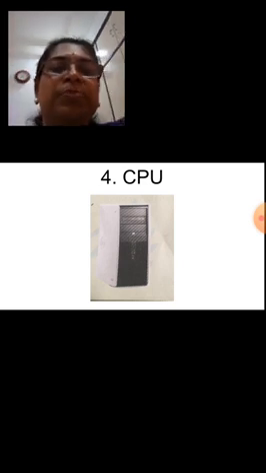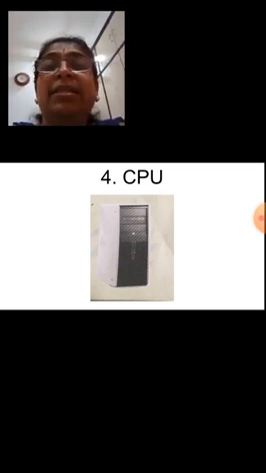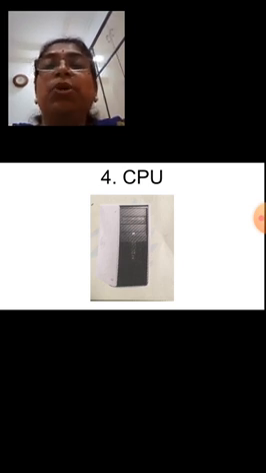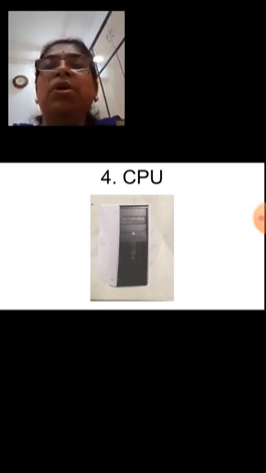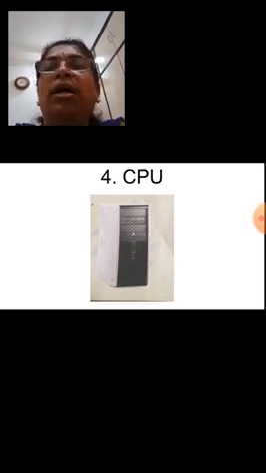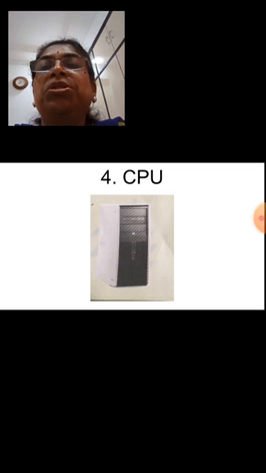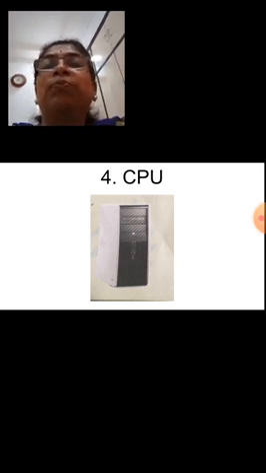Have you followed? Yes, this is the process. That's why this CPU is called the brain of the computer. Understood? Because all the work is done in the CPU mainly, and then it is distributed to show on the screen. Correct? So it is called the brain of the computer. It helps to do calculation. All the information is getting stored inside the CPU.